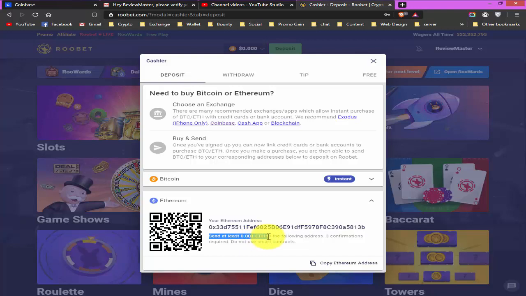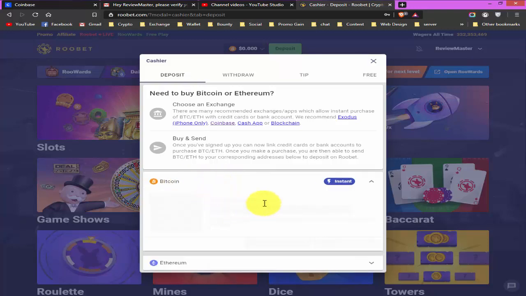So the minimum requirement is 0.001 Ethereum, and for Bitcoin there is no minimum requirement. And if you deposit Ethereum on this website, that will need 3 confirmations to be reflected the balance on your account. So I am going with Bitcoin and I will deposit in here.